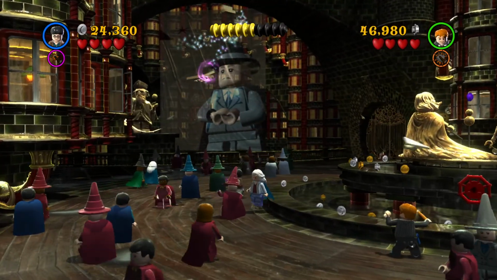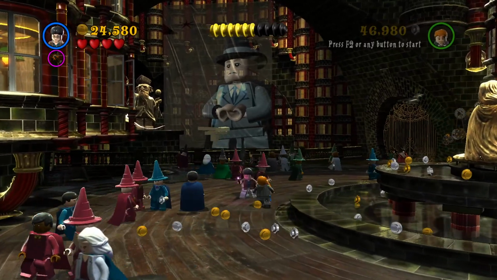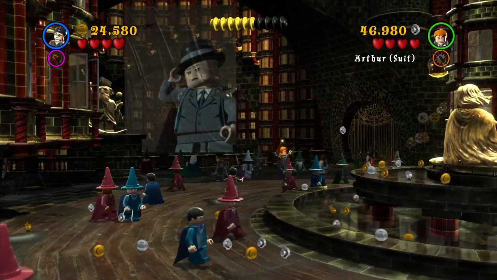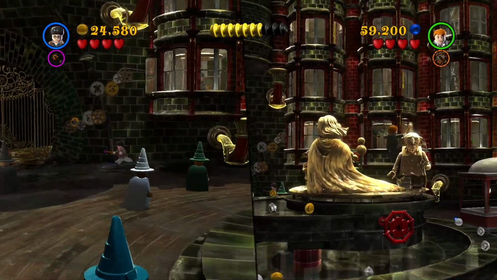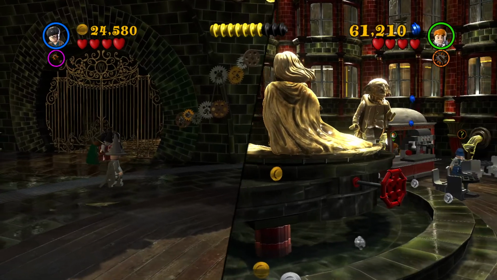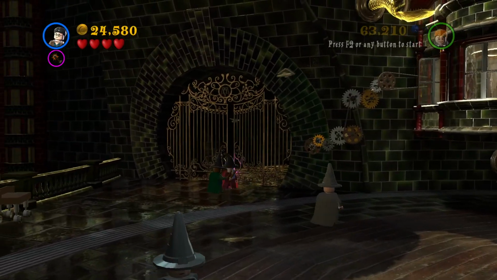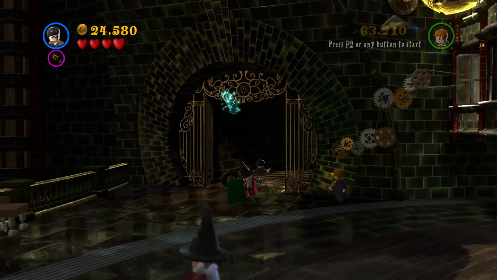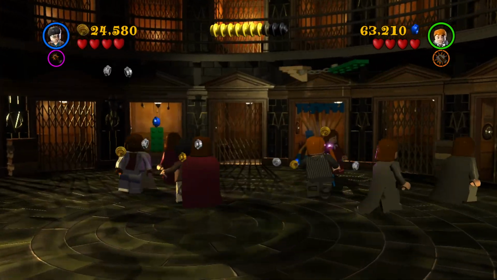Build the paper airplane with Arthur. Once it's done building, drop him out, and once you lift it, drop him in. Jump on the fountain, collect those blues and the purple, don't forget, and you can grab those blues that go off behind this thing that's behind the fountain. Once you're through here, you do want to have Arthur dropped in,